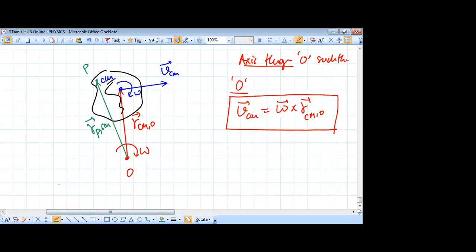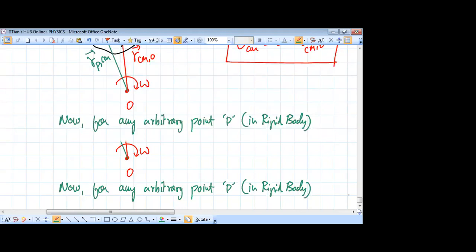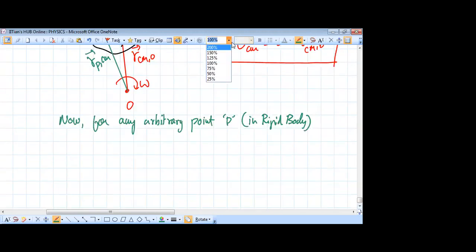Okay. So we can see that for any arbitrary point P in the rigid body, within the rigid body of course, in this diagram, you can see that